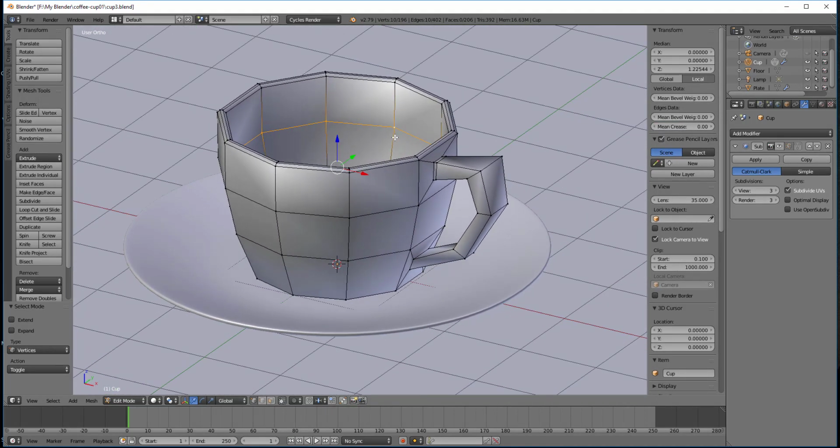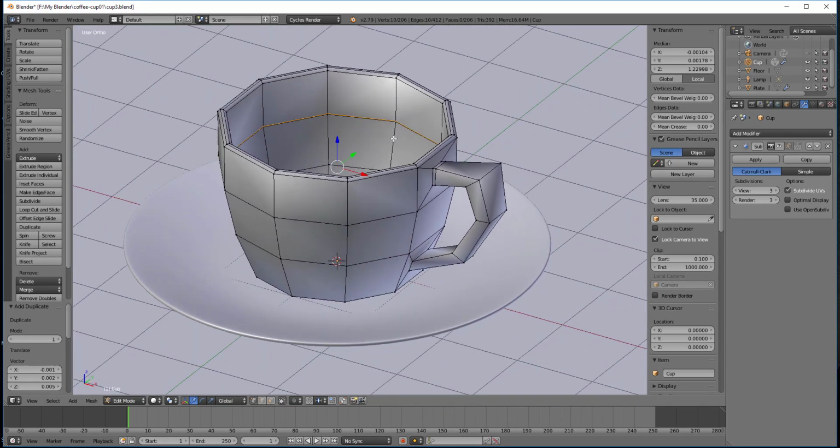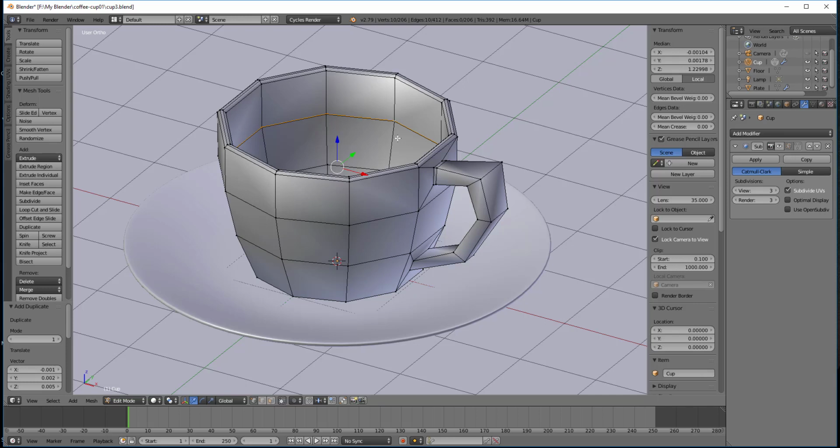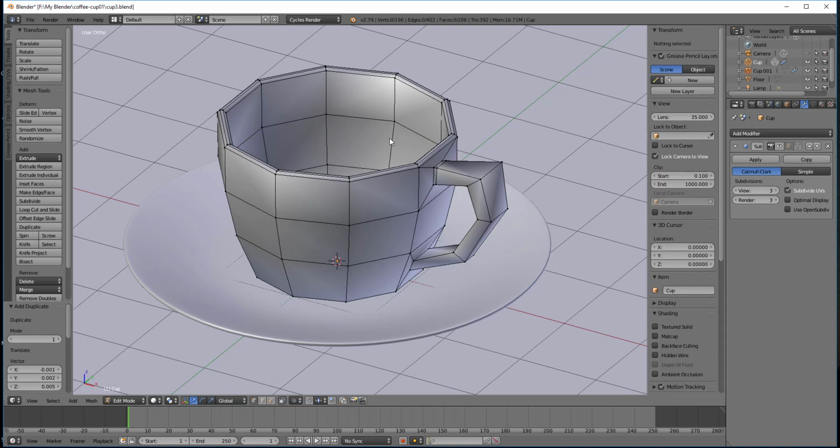Now, what we're going to do is duplicate it, so Shift D, and you can push Enter. That's probably the best way of doing it. And now we're going to separate it from the model. So we're going to push P and select that top one. Now it's its own mesh, so we can get out of the cup. So push Tab,